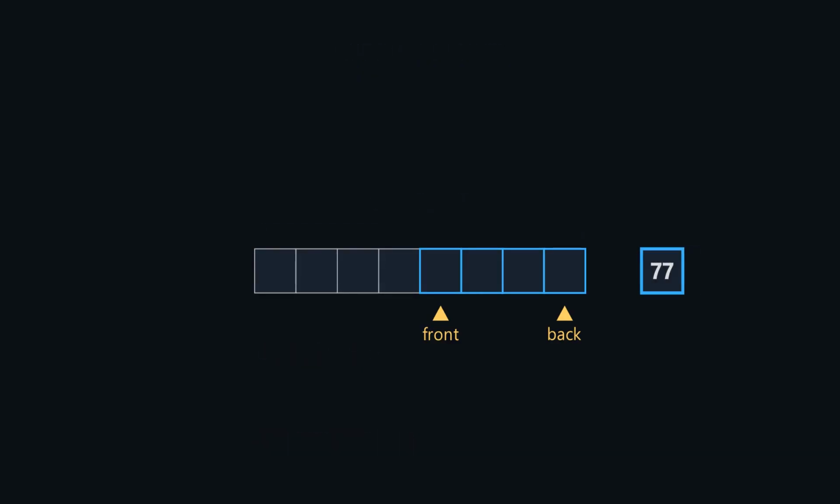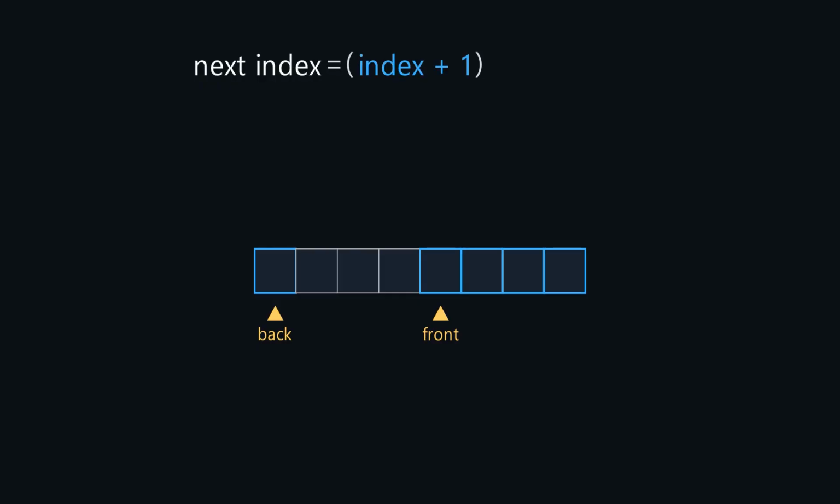But the fix? It's beautiful. When back runs off the end, we just let it wrap around to the front, into the slots we already freed up. Back just jumps right back to slot 0. The next index is just index plus 1, mod capacity. One line of math, nothing wasted, and still O of